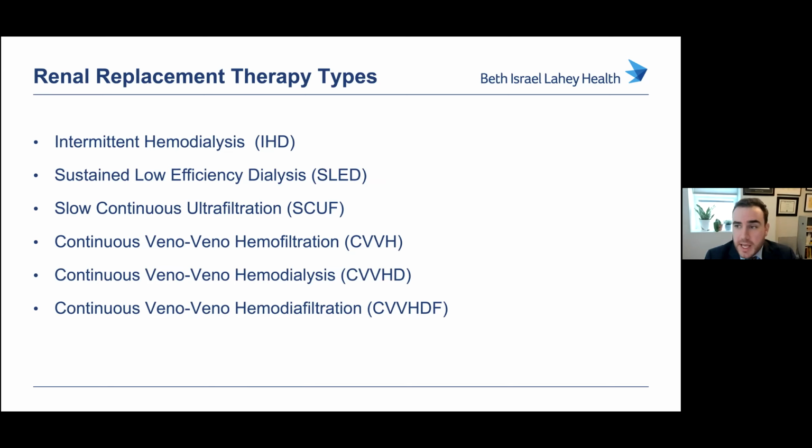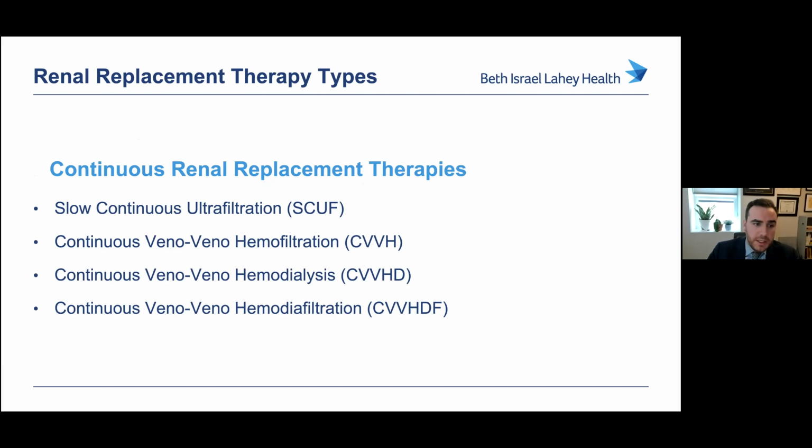Sustained low efficiency dialysis takes about twice as long as hemodialysis. The flows are a lot less, so they require about double the time, but it is the same type of dialysis as intermittent hemodialysis. Today, we're going to be talking more about the last 4. These are continuous renal replacement therapies that the patient doesn't get a break from. Ideally, they can go 24 hours a day, 7 days a week. There are downtimes for machine filter changes and machine issues, but in general,